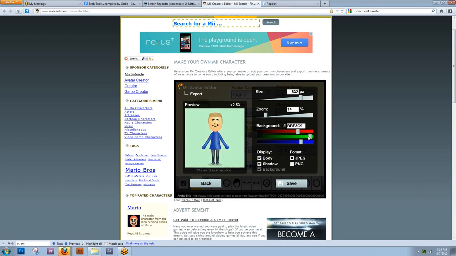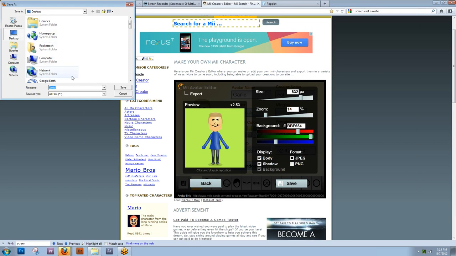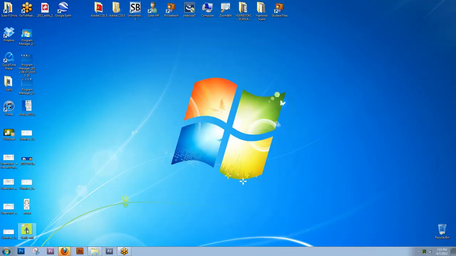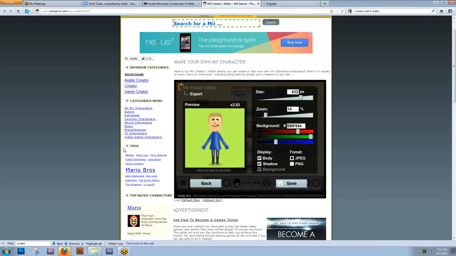And then your background. Beautiful. And hit save. Desktop. Done. So now if I go look at my desktop, I have just created several different avatars very quickly. But your students will like the ability to completely customize themselves without putting an actual picture of themselves